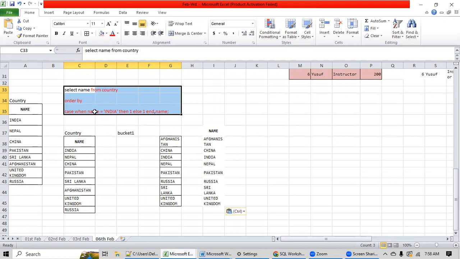But the alternative way to write that query would be, after order by, we can just sort the data by name instead of writing case when India, then one, else one, and